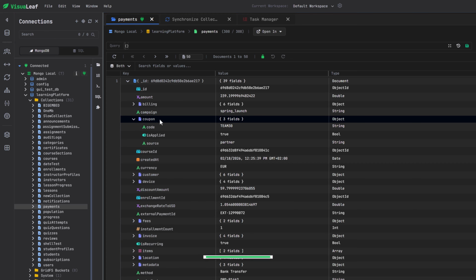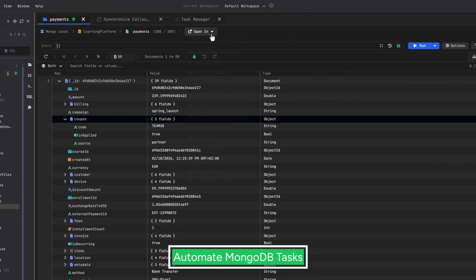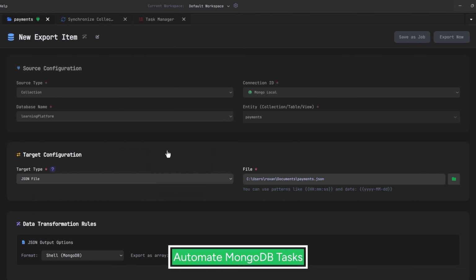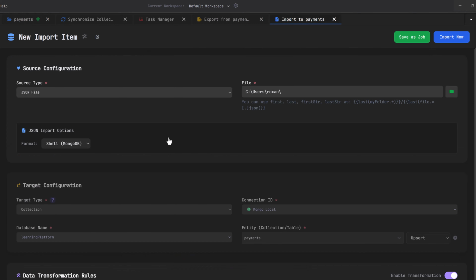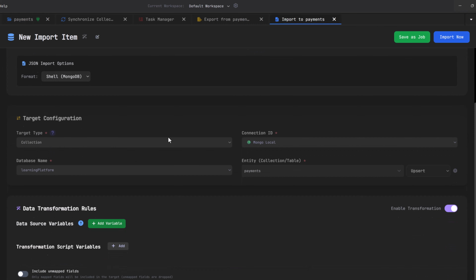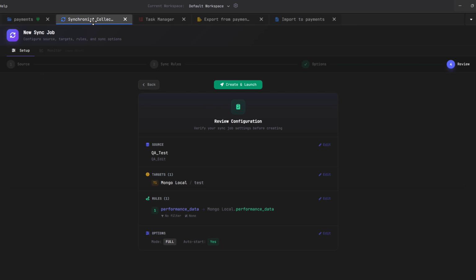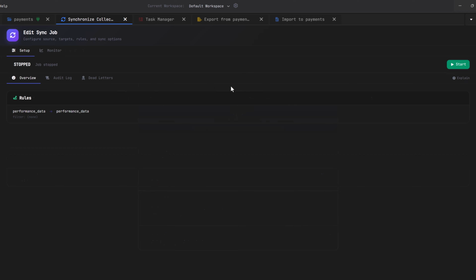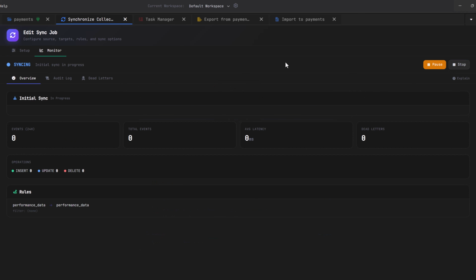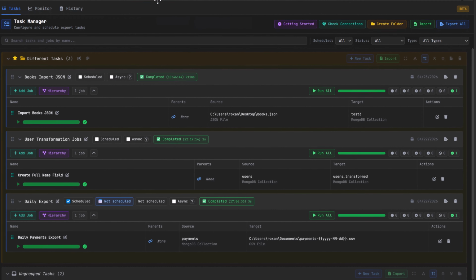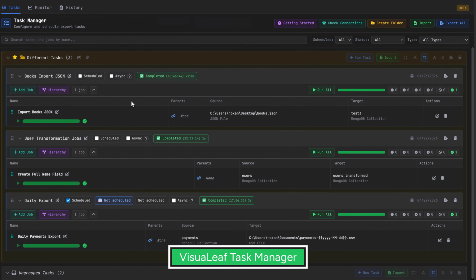Most MongoDB tasks are not actually difficult. Exporting data, importing files, syncing collections. The real problem is repetition. You do it once, fine. You do it every week. It becomes frustrating. So in this video, I'll show you how to turn these repetitive tasks into something automated and